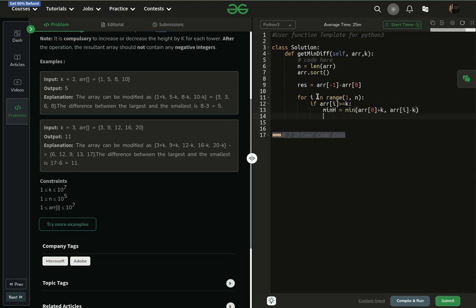And the maximum height we find as the maximum of array of minus 1 minus k,